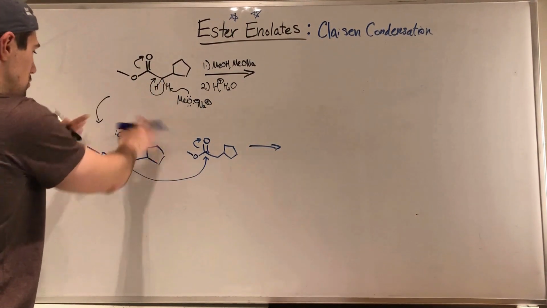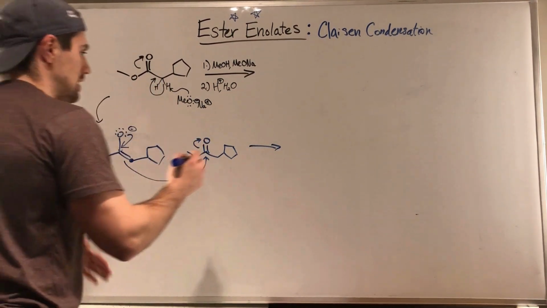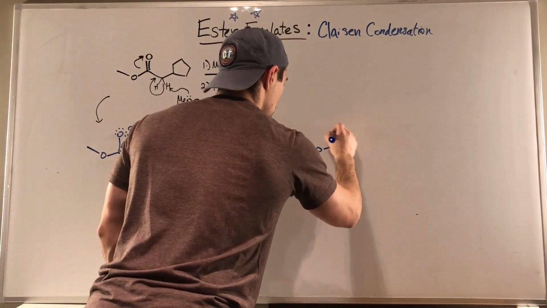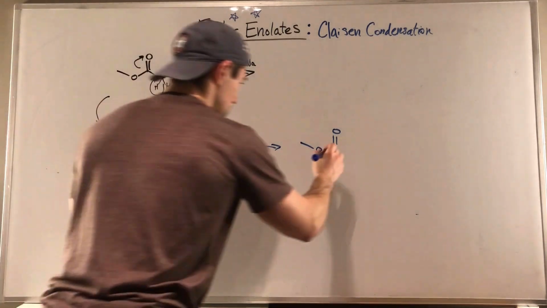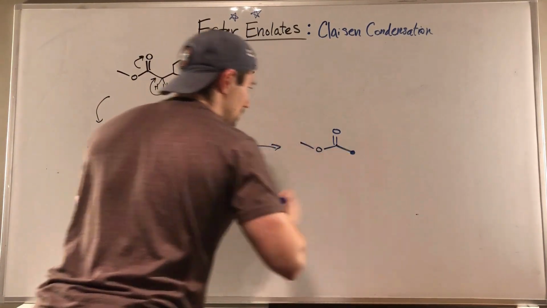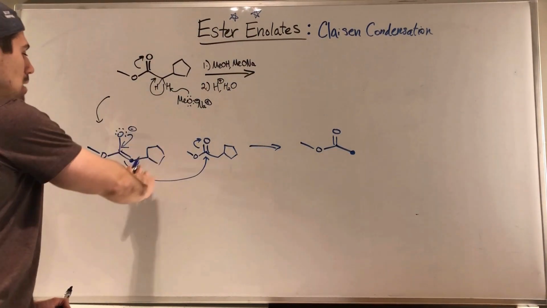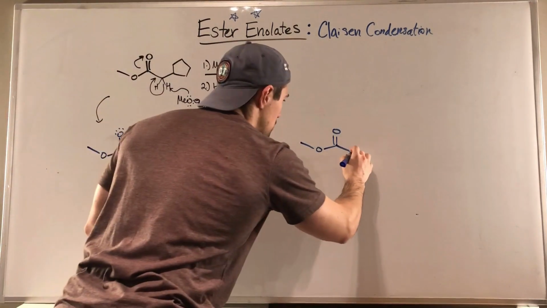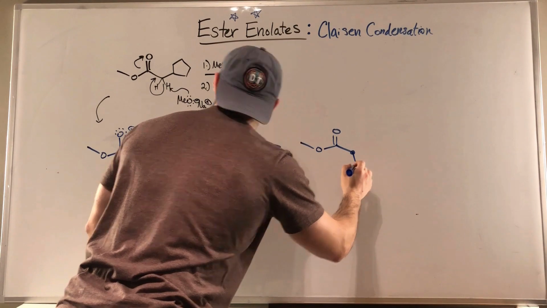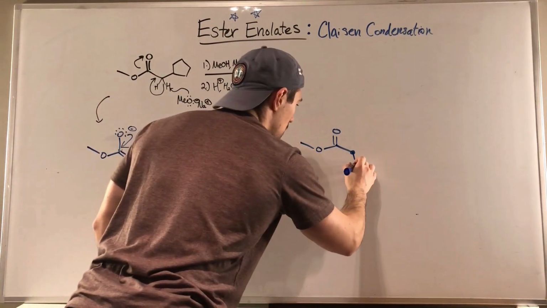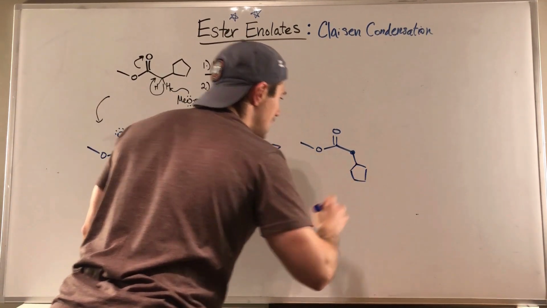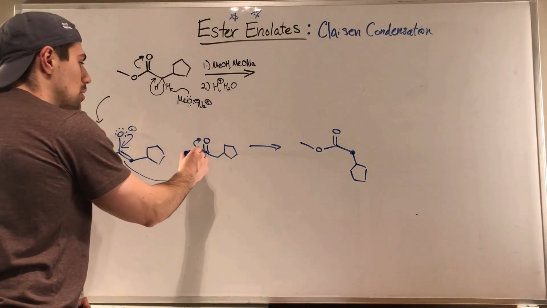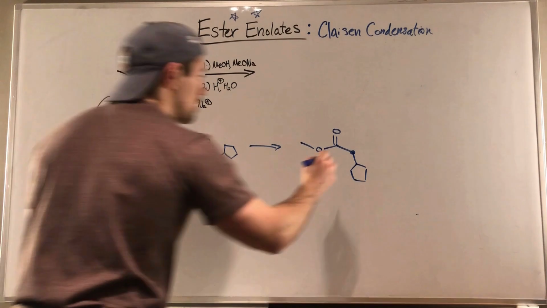So I'm going to go ahead and redraw this and then fill in where I need. I reform my carbonyl. I have my carbon right here, and I like to basically take the group that came off the alpha carbon I attacked from and flip it down. So I'm going to draw this little branch with the cyclopentane ring down here. And now I can actually draw the bond from this alpha carbon to this new carbonyl